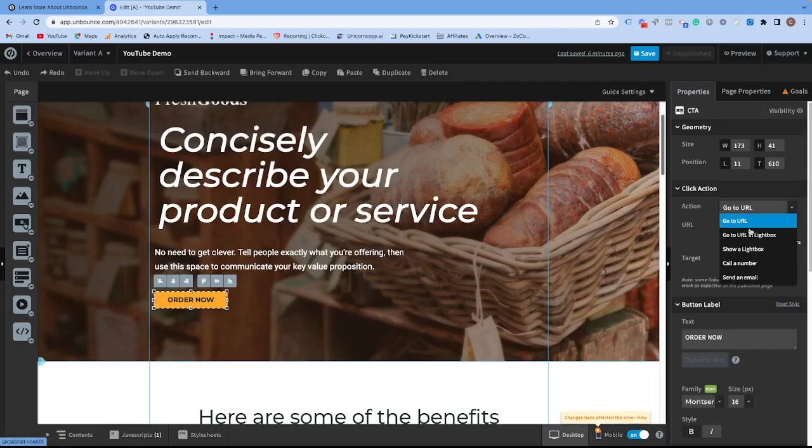This is where you can go through and change the URL where you send that page to. So if we wanted this order now to go to a URL, we can come through and specify that by saying www. Let's have them go to zocomarketing.com. We could do that. So when somebody clicks on that button, they will go to ZoCo Marketing, or we could say, let's actually have them go to a Lightbox or call a number or even